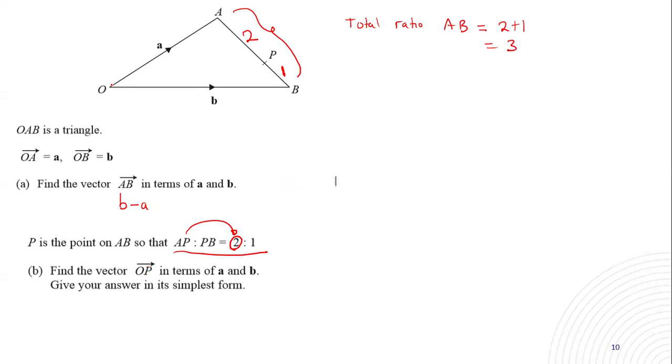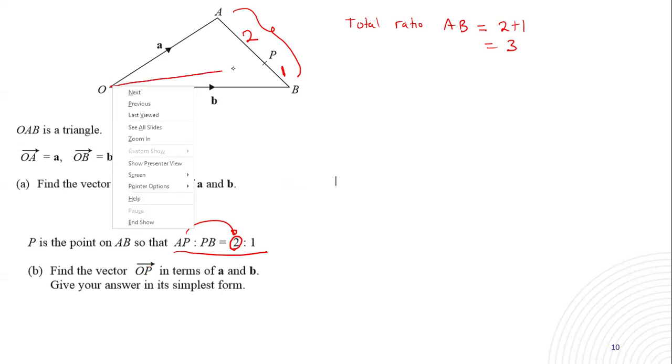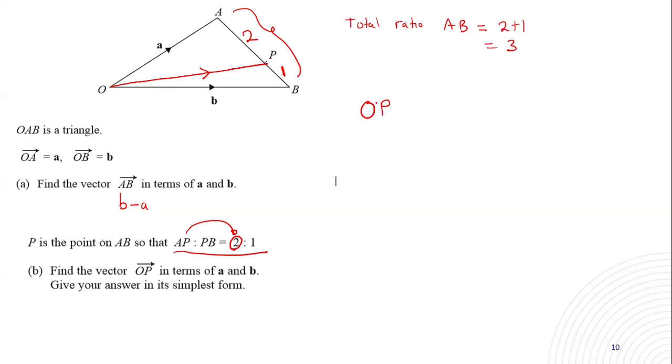Now, the key thing they have told us to find is O to P. So I'm going to first draw. Draw everything you are going to find, and after drawing, show what you are interested in, that we are interested in O to P. So I'll come here and put the arrow, that is O to P. Then the next thing is to find which paths we can take to move from O to P. So I'll say O to P, that is the vector.